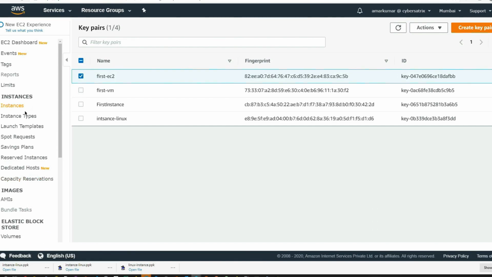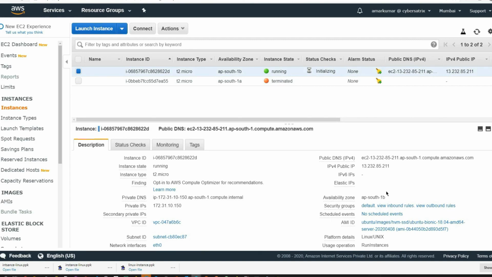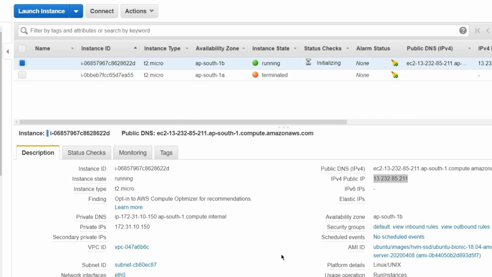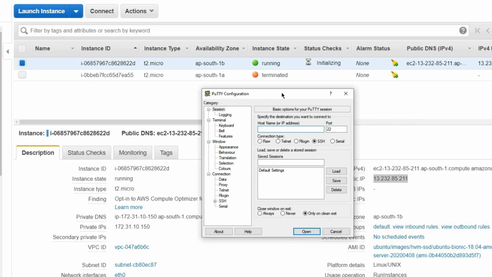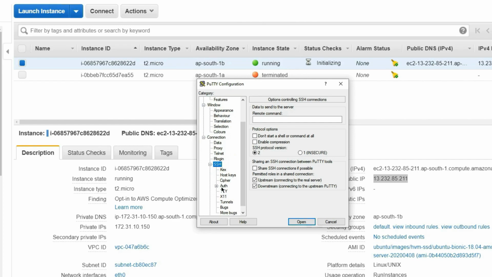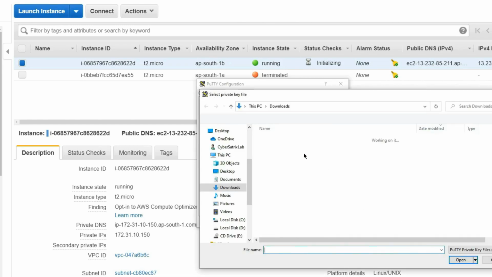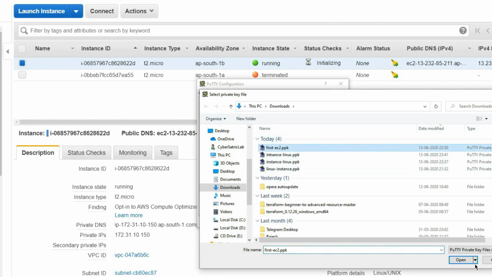Okay, so now let's go and access our instance which has been created. We can simply copy the public IP. Let's go to the PuTTY application and same thing, we'll say ubuntu@ and paste the public IP address, go to SSH and provide the key pair location. The key pair location is first-EC2.